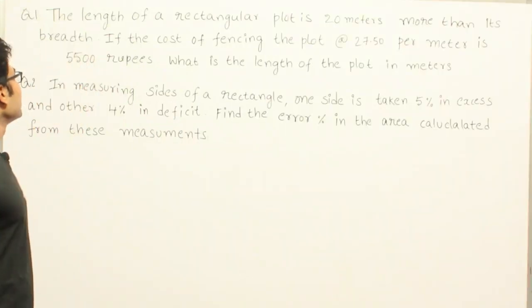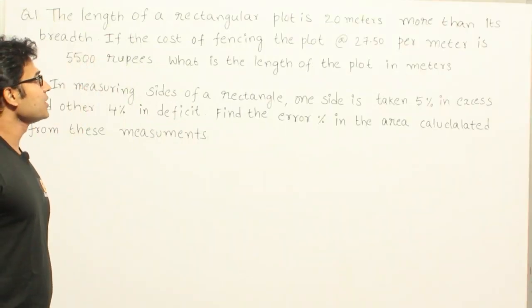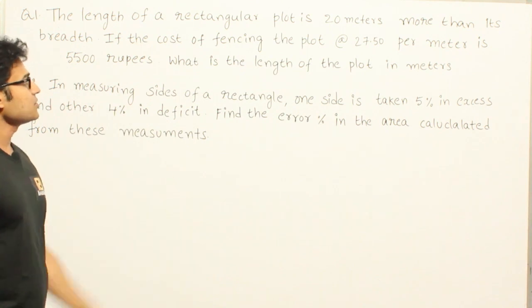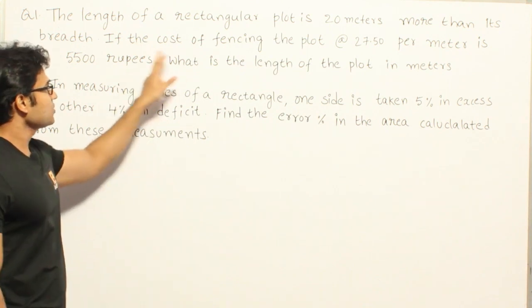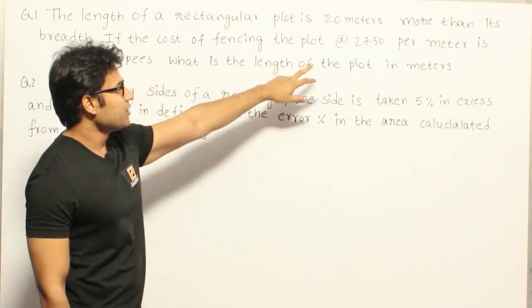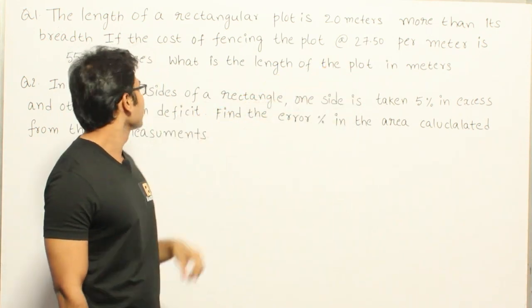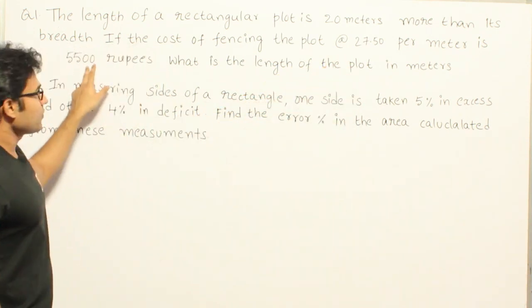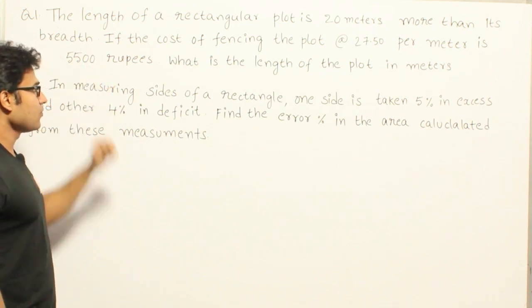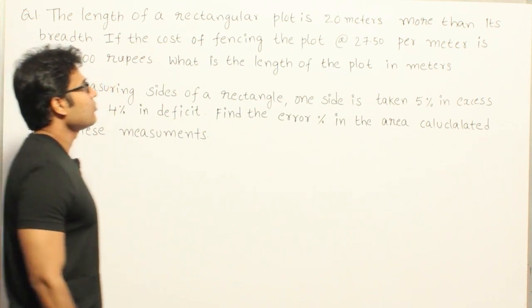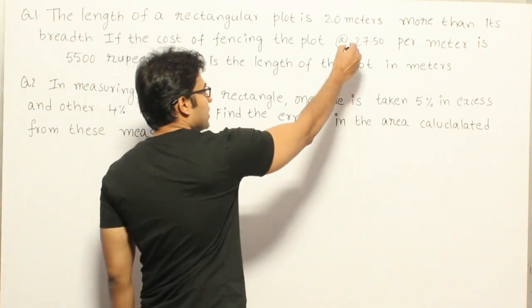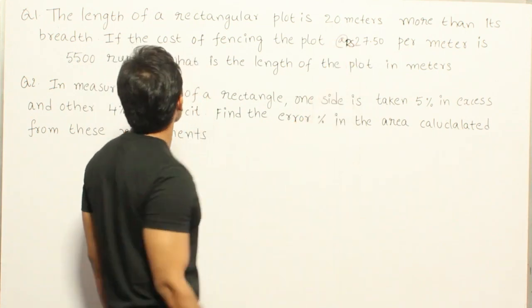Let's see this. The length of a rectangular plot is 20 meters more than its breadth. If the cost of fencing the plot at the rate of 27.5 rupees per meter is 5,500 rupees, then what is the length of the plot in meters? So now they are saying that there is a rectangular plot